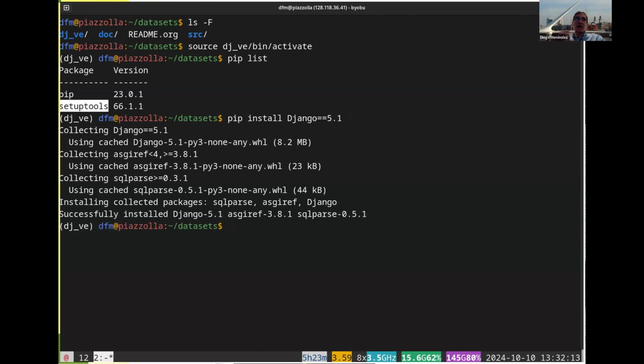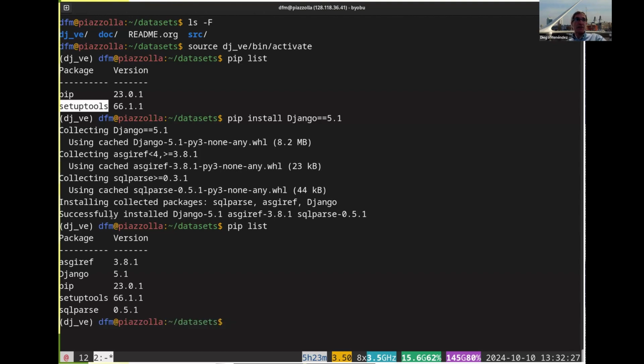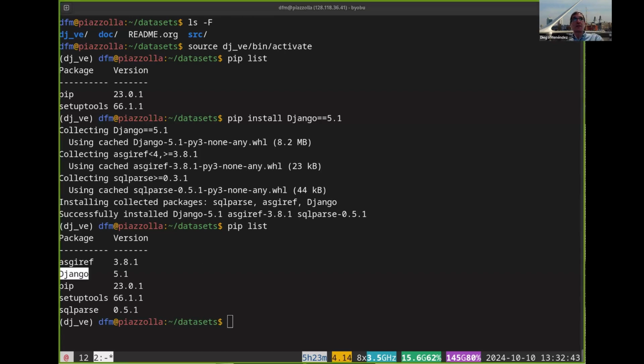In my case, I have already been using this, so it doesn't download things from outside. It's cached. But now, if I do pip list, I already have Django installed together with a couple of dependencies, the ASGI reference and SQL parse, which are two of the dependencies that Django has. With that, I think we are ready to